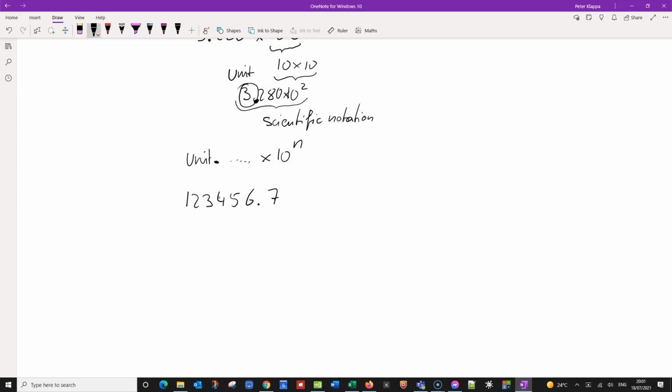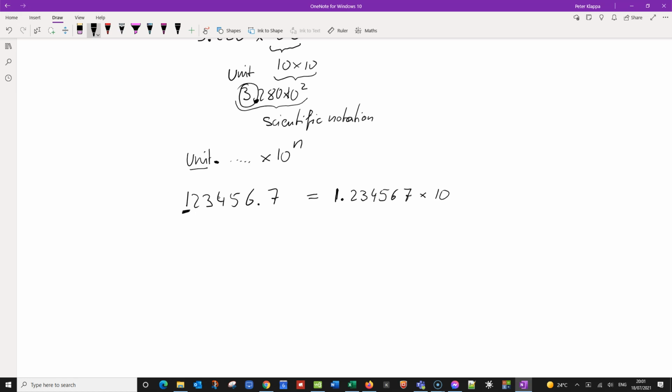I don't want to use the UK term. So we want the unit. The unit here is the first number that we are using here. So that would be 1. And then it would be point, that is our decimal point. And now we write the other numbers that we have: 2, 3, 4, 5, 6, 7 times 10 to the power of